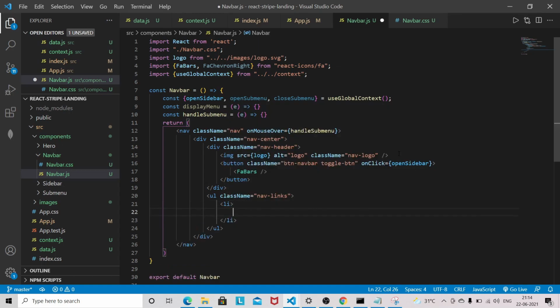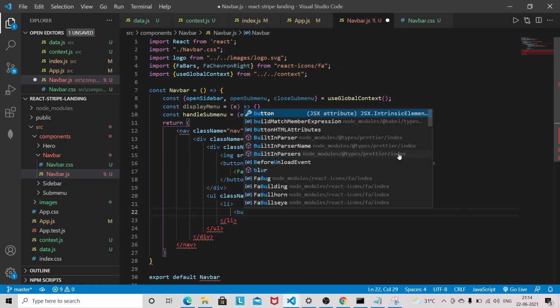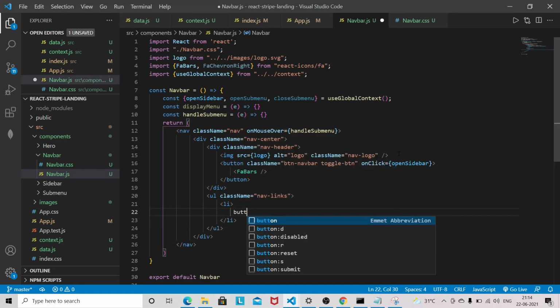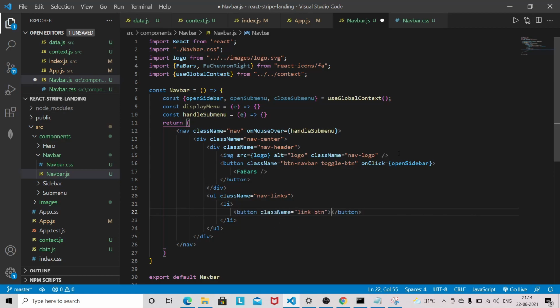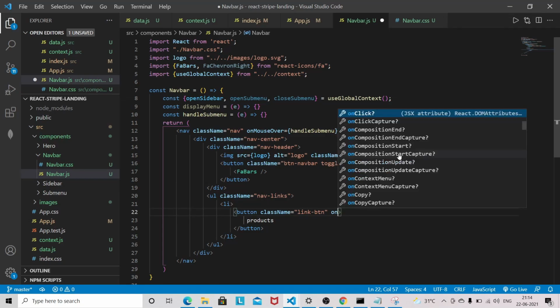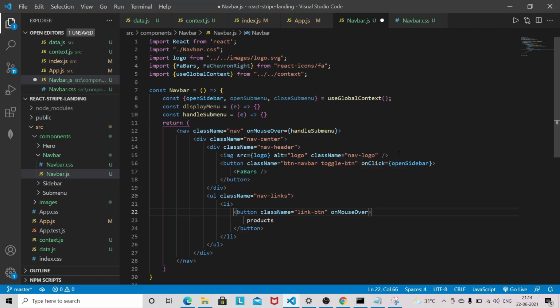In li I will have a button, and the button will have the class name link btn, and it will have the products text, and again on mouse over.